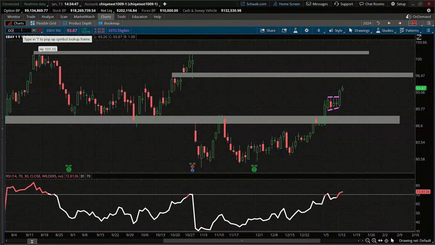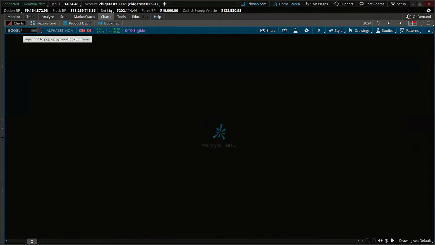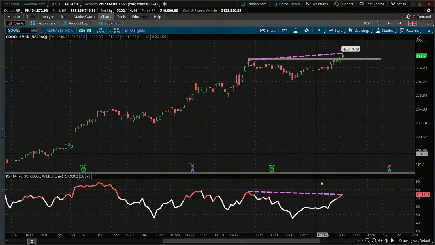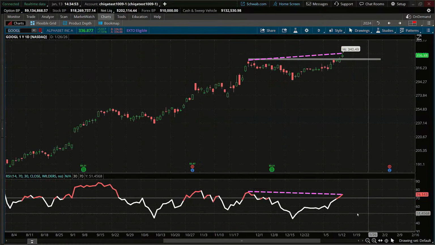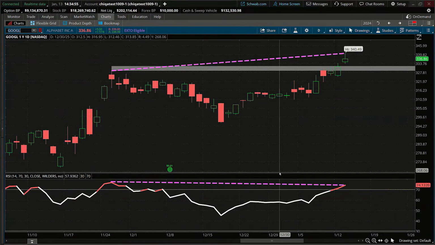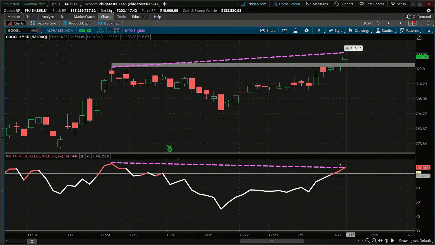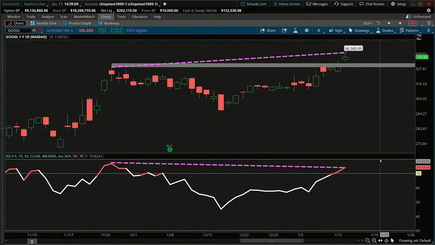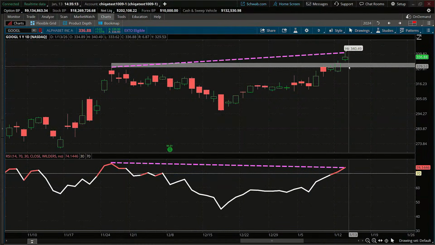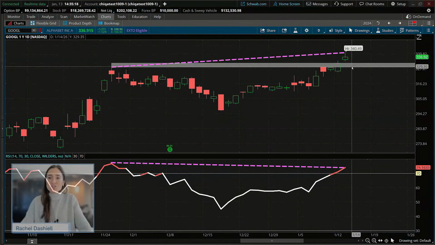And another one here for you. We have Google. So we saw a tad bit of a bearish divergence, but if we're being honest, we are still seeing that move well above 70 on the RSI, still showing that we do have strong momentum in this name. So what we may do, as an options trader, is craft an options strategy